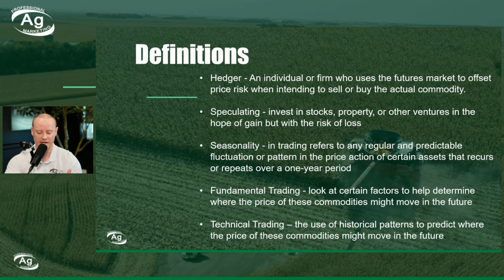A speculator would be the second type of person, and this is just someone looking to make a bet or an investment, for example, using option strategies. If a speculator thinks that the price of corn may go up for any reason, they could build an option strategy to take advantage of this. Some of the factors that could influence option use would be things like seasonals, fundamental long-term objectives, fundamental trading, technical trading, or even a speculator who wants to hedge some of their bets. If they have futures on, for example, they can use options to protect themselves. So a few things worth mentioning there.